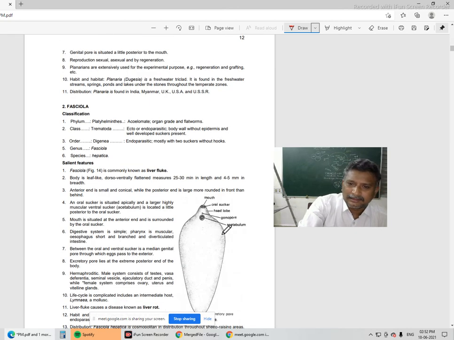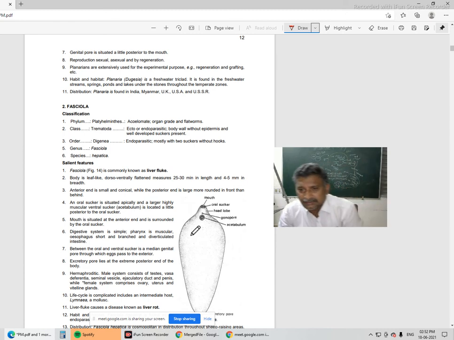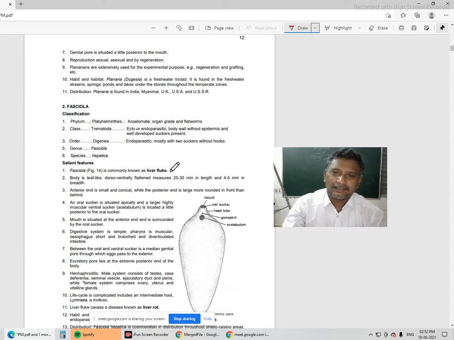Yes, we can tell this just by looking. Already we know the pathogenicity of Fasciola hepatica. Very good. Fasciola hepatica. Yes, the common name of this one here is liver fluke, sir. Very good. Liver fluke. Yes, okay, liver fluke.